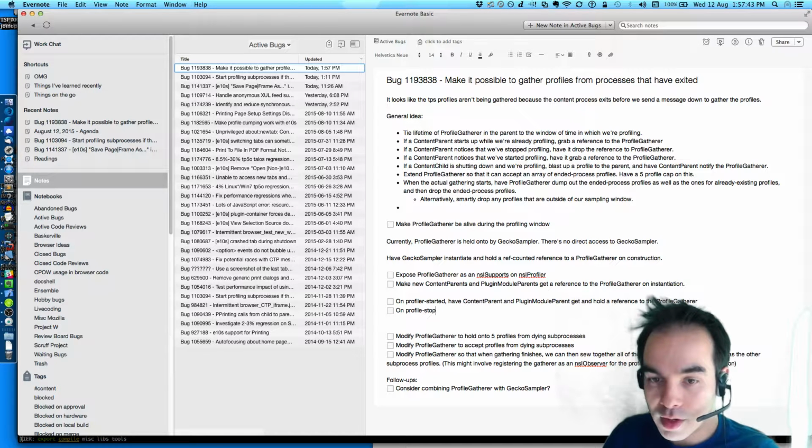On profiler stopped, have content parent and plugin module parent drop the reference to the profile gatherer.